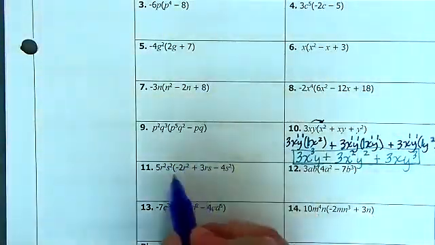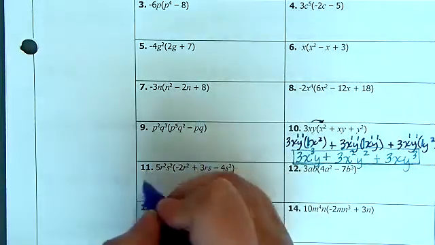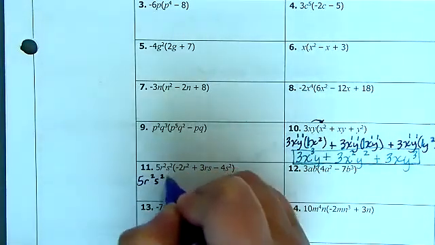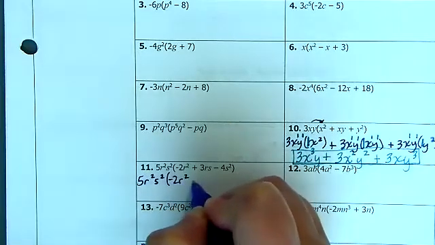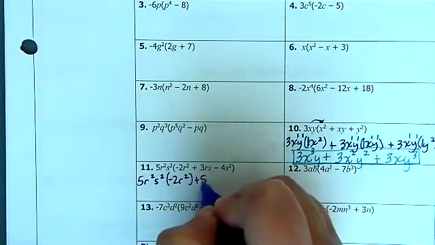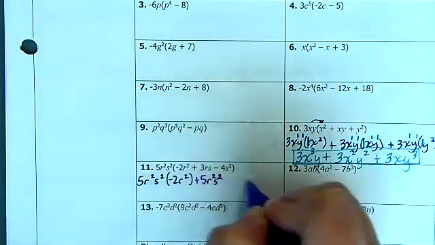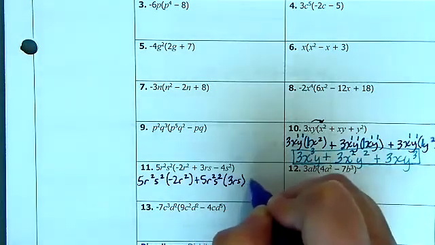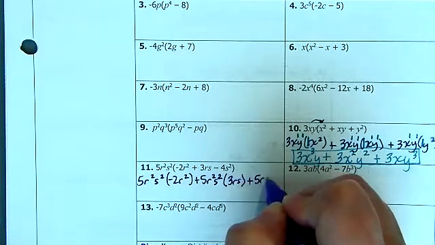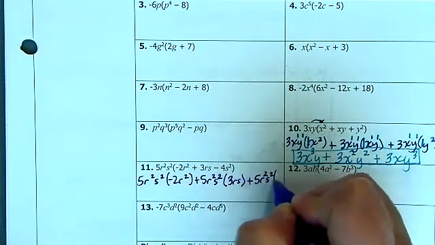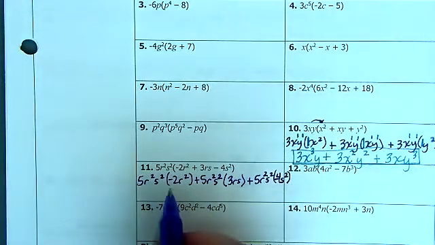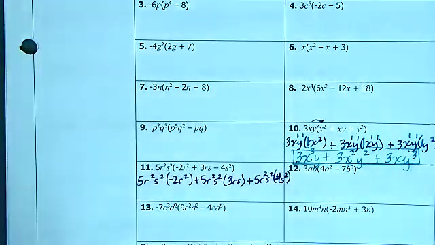Again, we're distributing. We've got multiple variables here. So I'm going to have 5r squared s squared times negative 2r squared plus 5r squared s squared times 3rs plus 5r squared s squared times negative 4s squared. Okay, so now